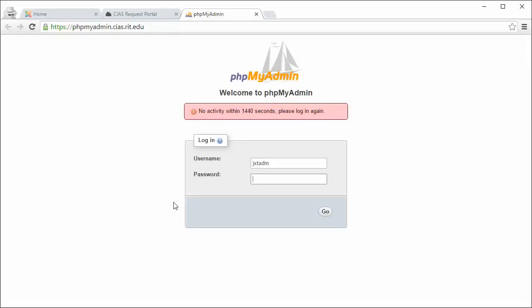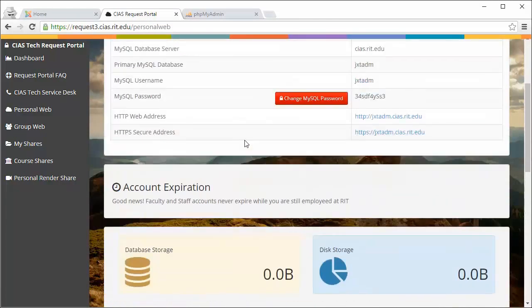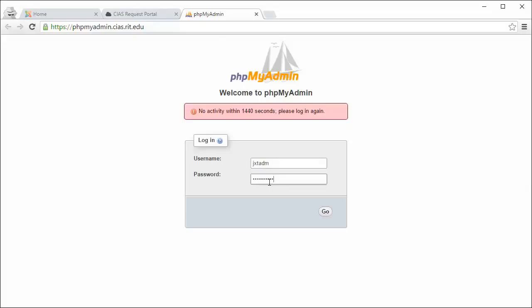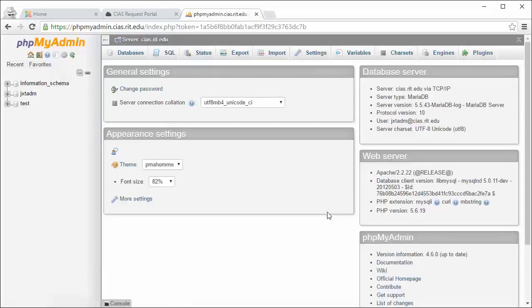That will open up a new tab with phpMyAdmin, and we'll want to sign in using our database username and password. This is going to be our RIT username for the username, and the password we can get from our page up here. You don't want to share this password with anybody. I'm going to press go, and this will sign us into phpMyAdmin.